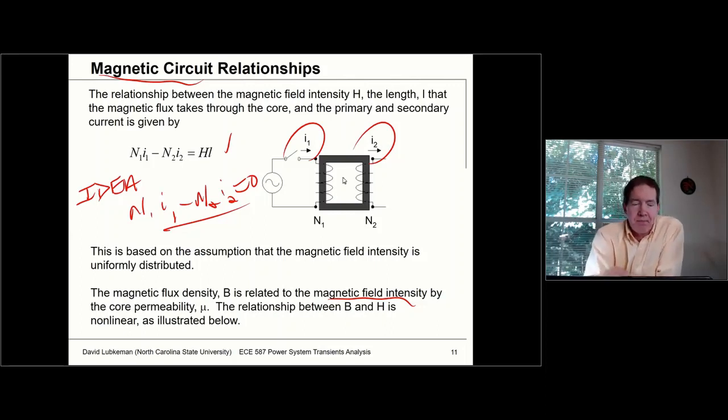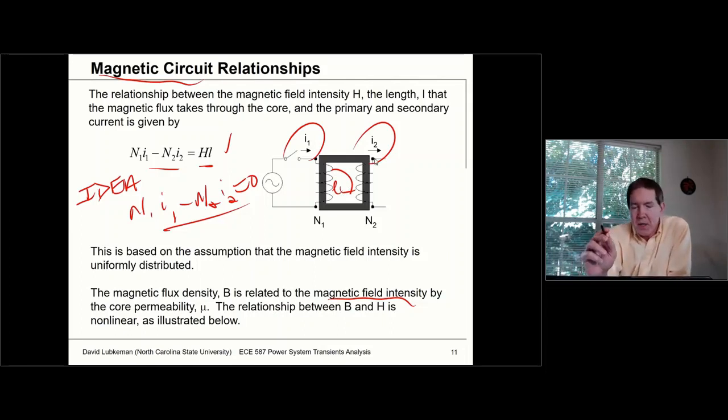Let's assume that this magnetic field intensity is uniformly distributed. Then we have a relationship between these two currents where this is equal to H times L, where L is the length of this